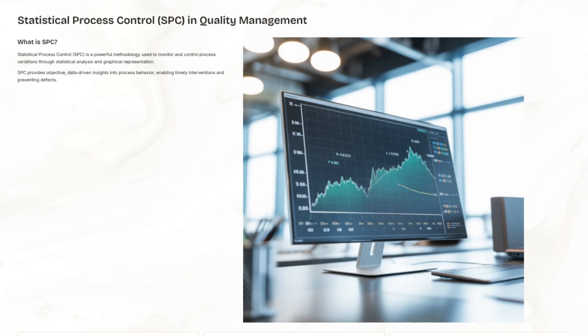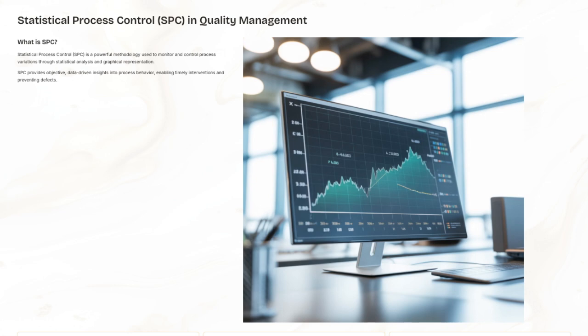Speaking of stability, SPC helps us distinguish between common cause variations, which are natural fluctuations, and special cause variations that indicate something abnormal is happening. By analyzing data in real time, we can react quickly and appropriately, keeping our processes under control. To do this effectively, we use tools like control charts, capability analysis, and other statistical methods. These tools help us spot abnormal patterns or behaviors in our processes early on, so we can address issues proactively